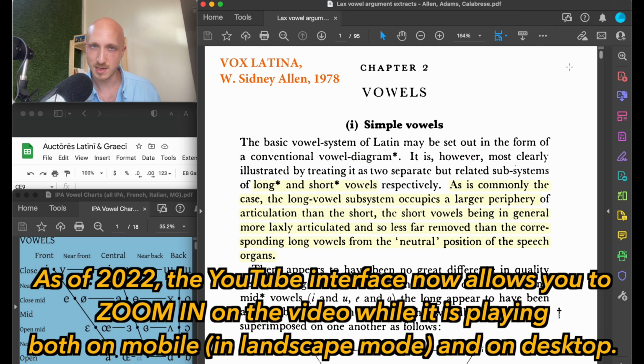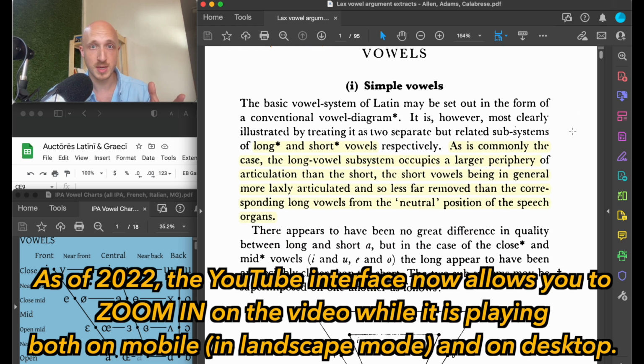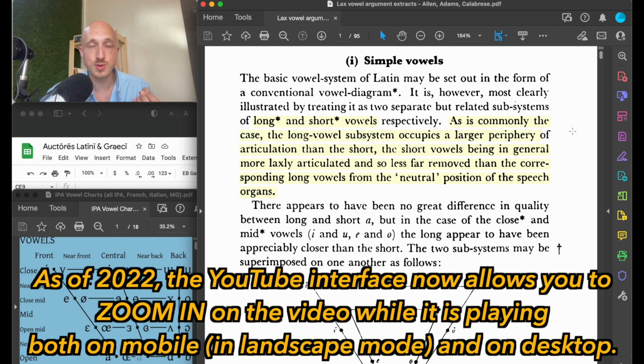The argument from Allen that I intend to refute today is that the qualities of short letter I and short letter U must be I and U. So let's see what Allen has to say about that. Now, I intend to present this argument as clearly and as correctly as possible. I don't want to create a straw man. I want to really try to prove this argument correct before I look at evidence that contradicts this hypothesis of